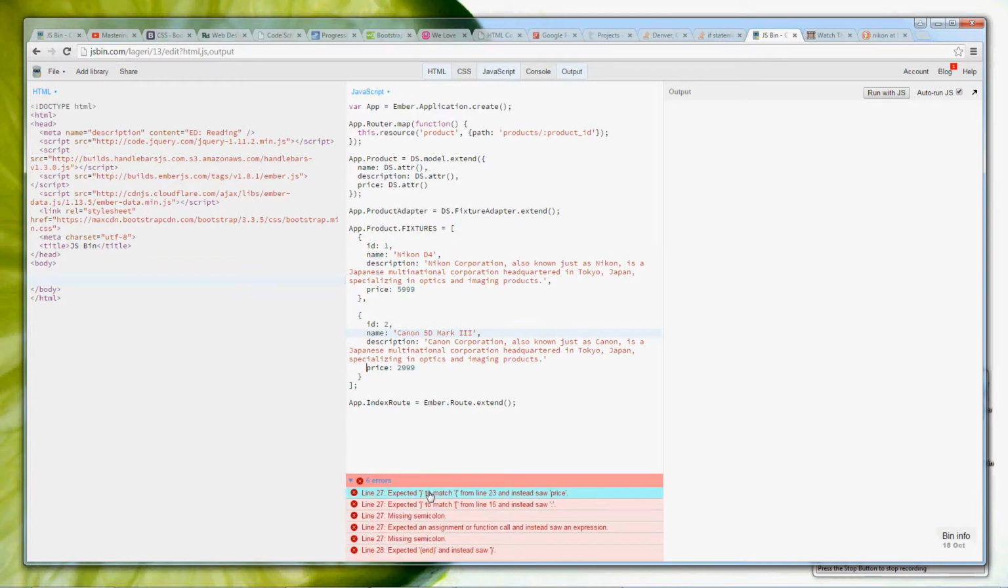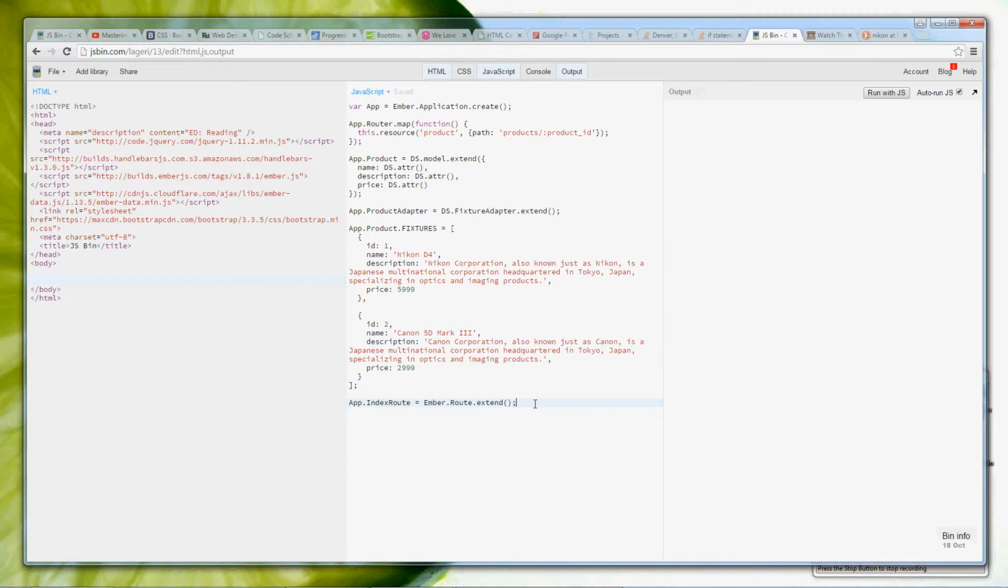What's the error? Price. Oh, okay. Here we go. Okay, and finally,